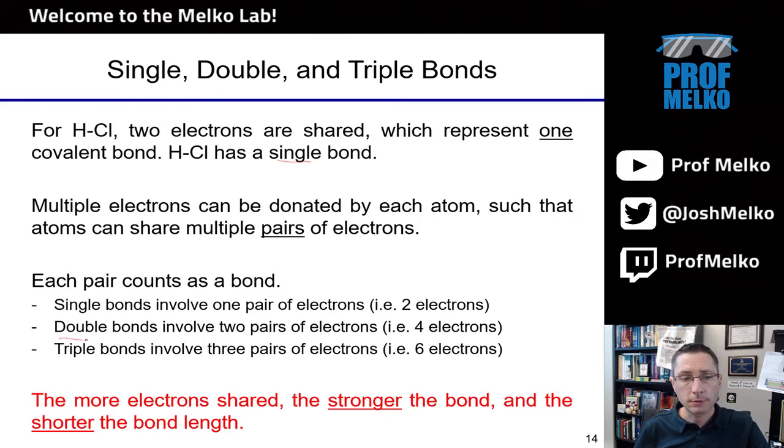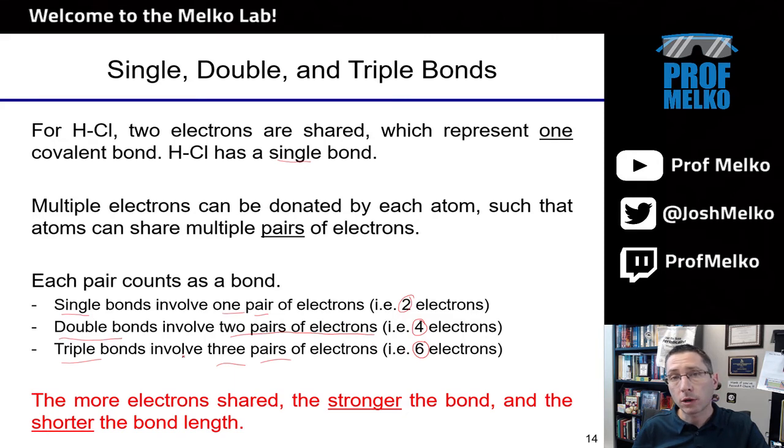Okay, so you form a double bond if there's 2 pairs of electrons being shared, or 4 electrons total, right? 2 from one atom, 2 from another. Each atom is sharing 1 pair for a total of 2 pairs of electrons. So that's a double bond. Remember, single bonds like HCl, there's 2 electrons total. Double bonds, there's 4 electrons total. Triple bonds, now each atom is contributing 3 to this shared pool for a total of 6 electrons. Okay, and it's all about these electron pairs. So 1 pair is single, 2 pairs, double, 3 pairs, 6 electrons, a triple bond.